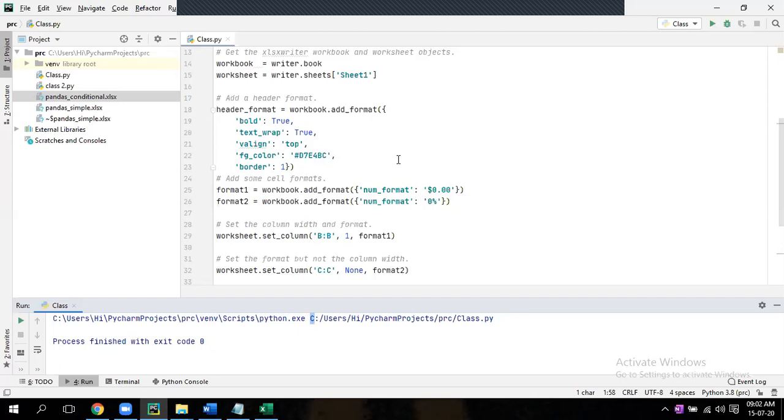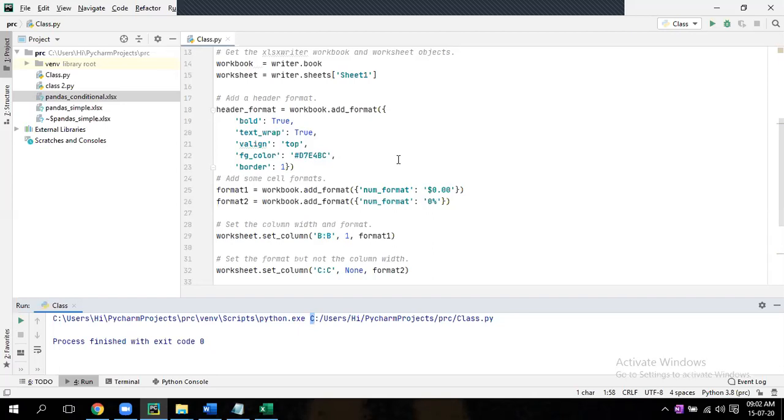Now format 1 and format 2 we are doing. In the workbook, add format, number format, num underscore format, I want dollar. So I want dollar, in the 0.00 format if it is a number, and percentage also like this. Now you have defined some formats.